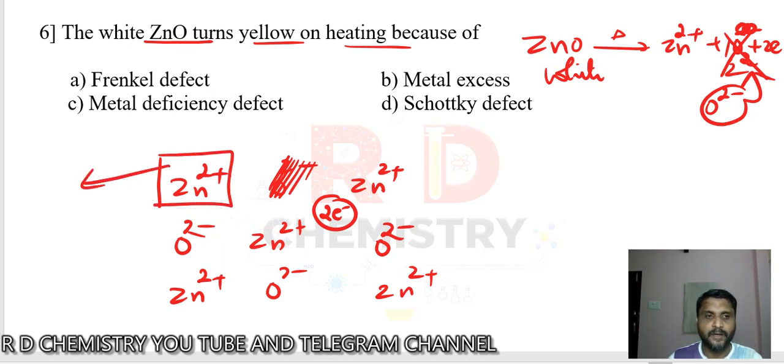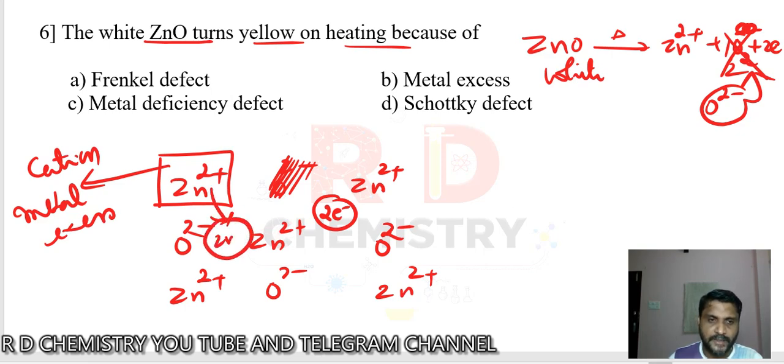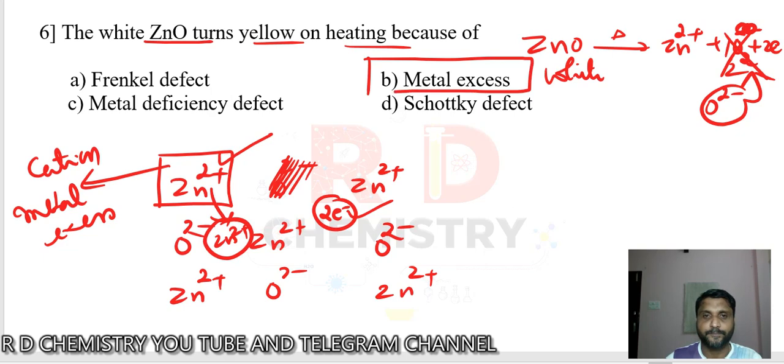So it has now become metal excess. The metal cation is in excess, and that will again go to the interstitial space, occupying the interstitial space. Both the cation and the electrons are trapped in the interstitial spaces, and zinc is in excess compared to the oxide, therefore it is a metal excess defect. So remember, students, all the types of defects: Frenkel defect, Schottky defect, then F center formation, stoichiometric, non-stoichiometric, and impurity defects. All these are important ones. Please go through this.